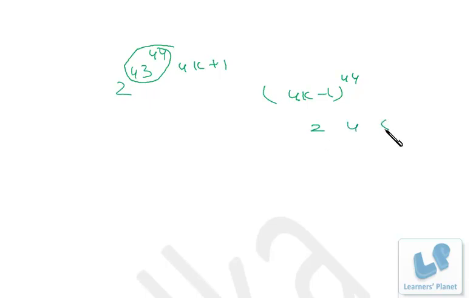Similarly, suppose you have to find out the last digit of 2 raised to 43 raised to 44. For that, you have to find out in which format 43 raised to 44 is. Now, 43 is 4k minus 1 format. So if we divide 43 raised to 44 by 4, the remainder will be minus 1 raised to 44, that means 1. So it is finally in 4k plus 1 format. Now 2 raised to 4k plus 1: the cycle is 2, 4, 8 and 6, for 4k plus 1, plus 2, plus 3 and 4k. So 4k plus 1 means 2. So the unit digit of this number will be 2 only.